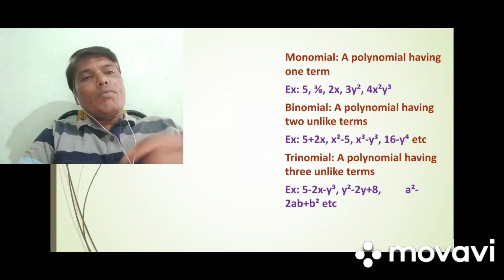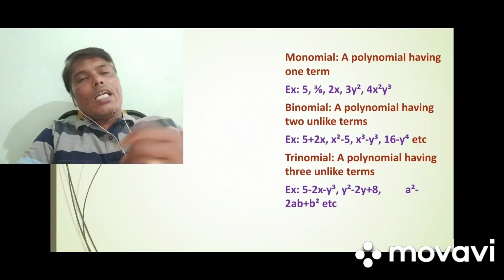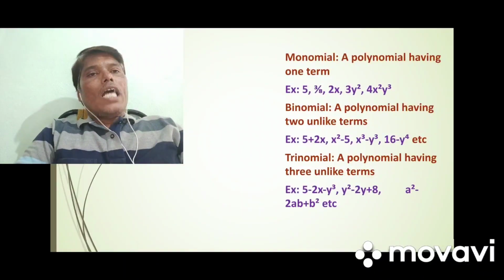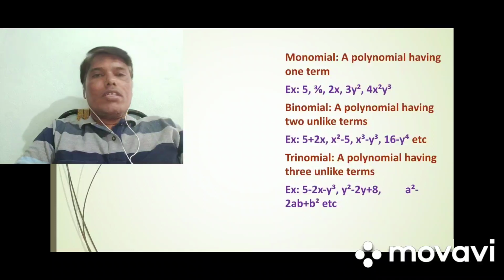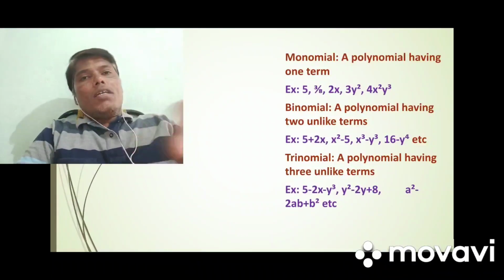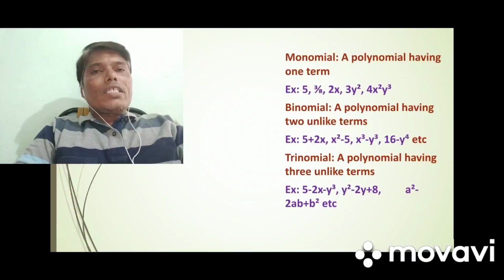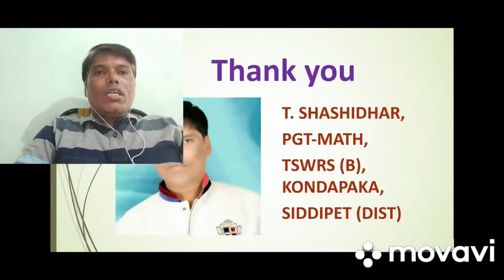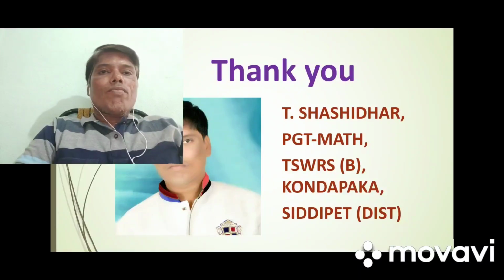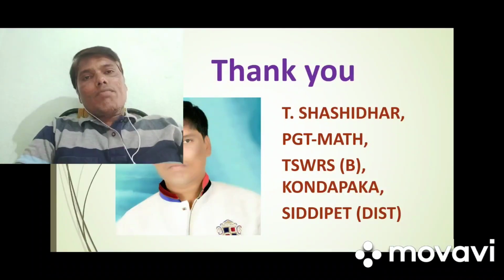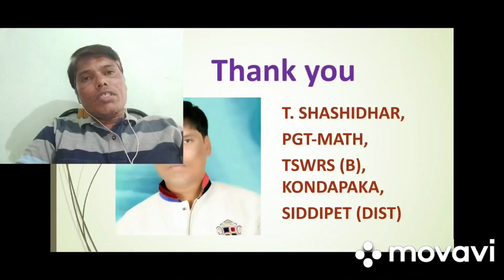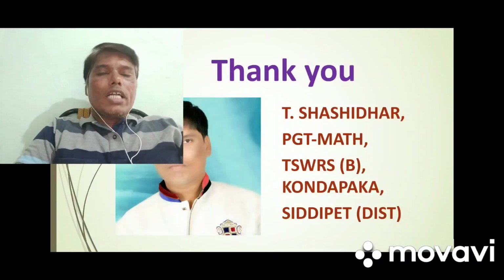a square minus 2ab plus b square, it is also a trinomial. Of course, it is the formula of (a minus b) whole square. It is also a trinomial as we have 3 unlike terms. Okay. So far we discussed constant, variable, term, coefficient and expression, numerical expression, algebraic expression, like terms, unlike terms, so polynomials and their classification based